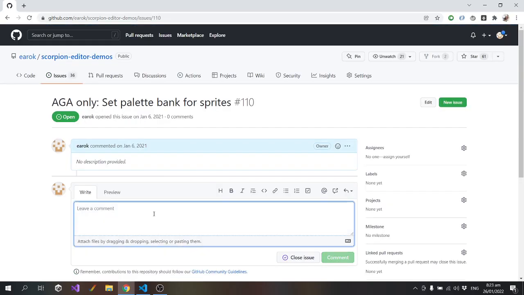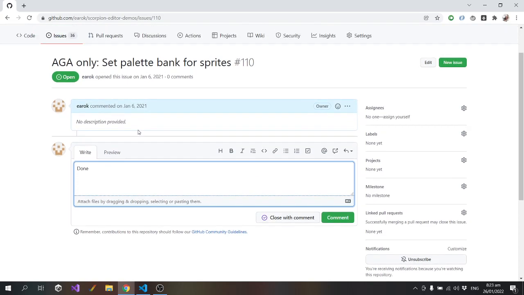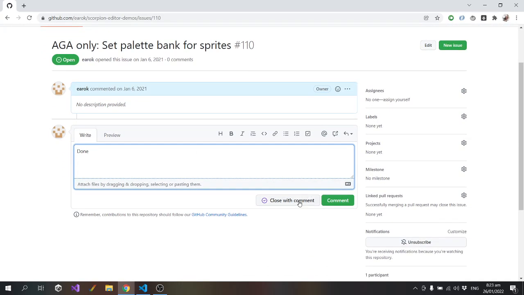So on an OCS Amiga, you have to use colors from I think 17 to 31 for your sprites, but on AGA you can use any set of 16 colors for your palette for your sprites. So I've added support for that. Close that.